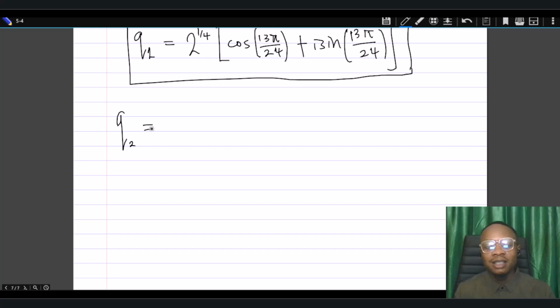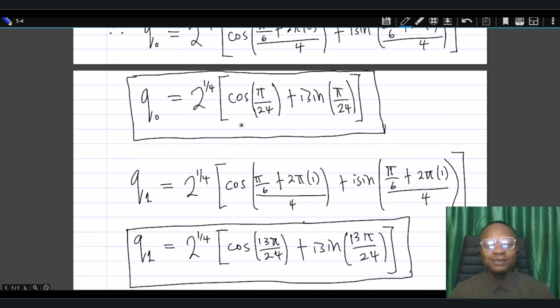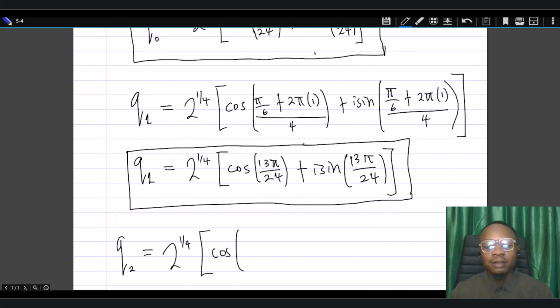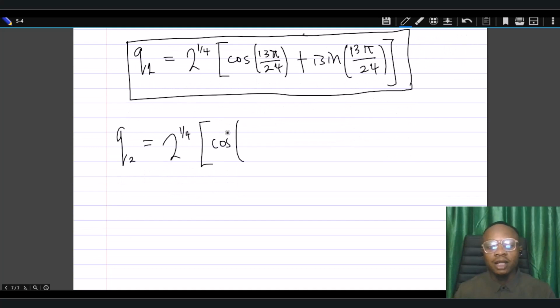Q2, that means our k will be equal to 2 here. That will be 2 to the power of 1 over 4 into the cosine of, so we're substituting k equal to 2, instead of k equal to 0 and k equal to 1 that we have used so far. So we come here again and substitute k equal to 2 this time around. So this will be giving us something like cosine of pi over 6,